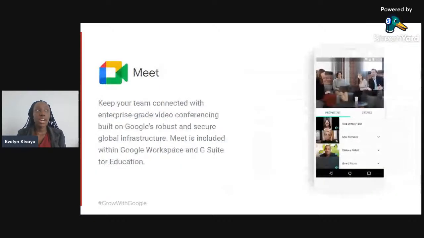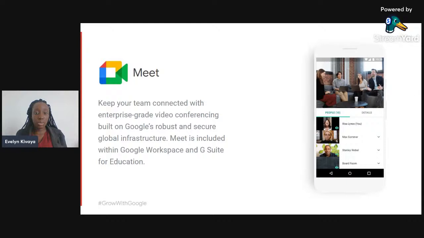Google Meet, again, I'm sure you're quite familiar with it because when I'm holding most meetings with you, I actually use the platform Google Meet. The advantage of Google Meet is that you can hold video conferencing, especially for people working remotely, or even if you just want to chat with a friend and see each other and personalize that communication. Google Meet can keep your team connected with enterprise grade video conferencing, which I've done with most of you.